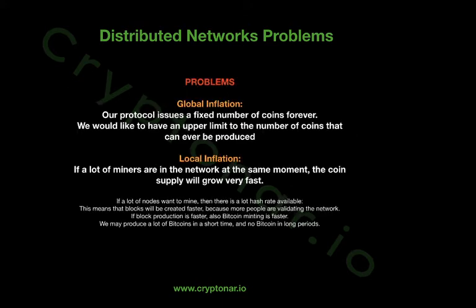So still there are some problems we didn't fix, and it's inflation. Inflation is very bad, and unfortunately we're going to see a lot of it in the coming years, and we don't want to have it in Bitcoin, right? So why? Well, for different reasons, but in general we have two types of inflation in Bitcoin. It's not just one that we want to avoid. The first type of inflation we want to avoid is the global inflation.